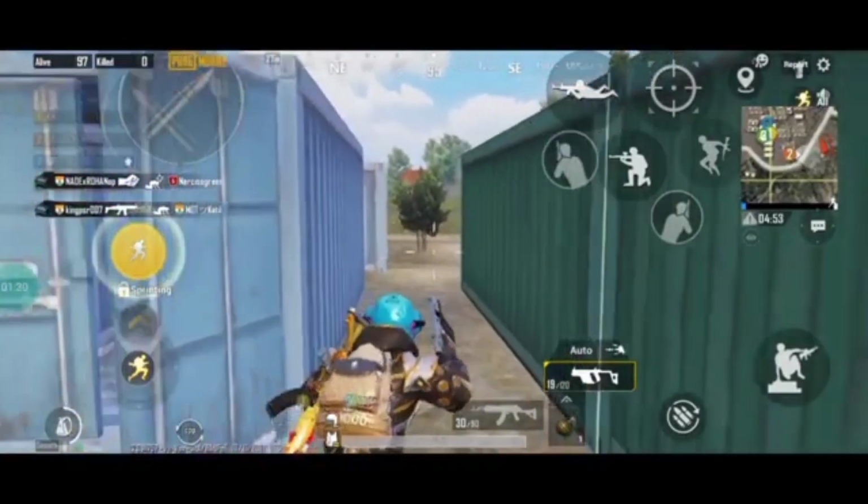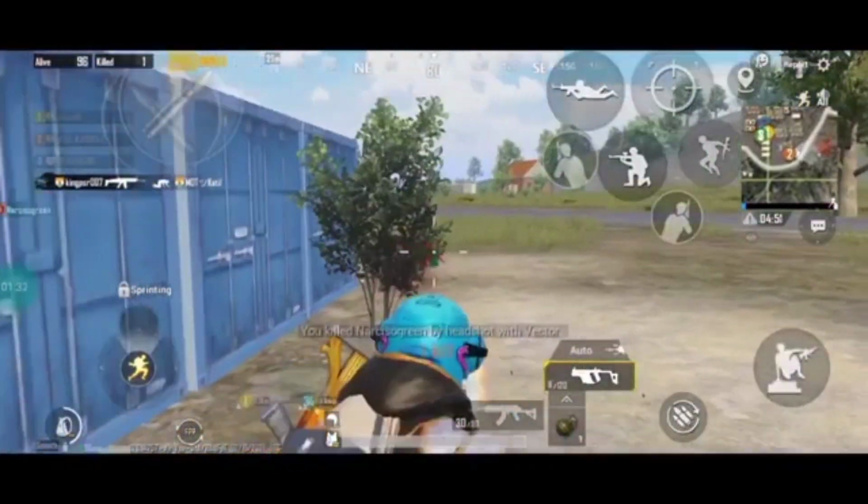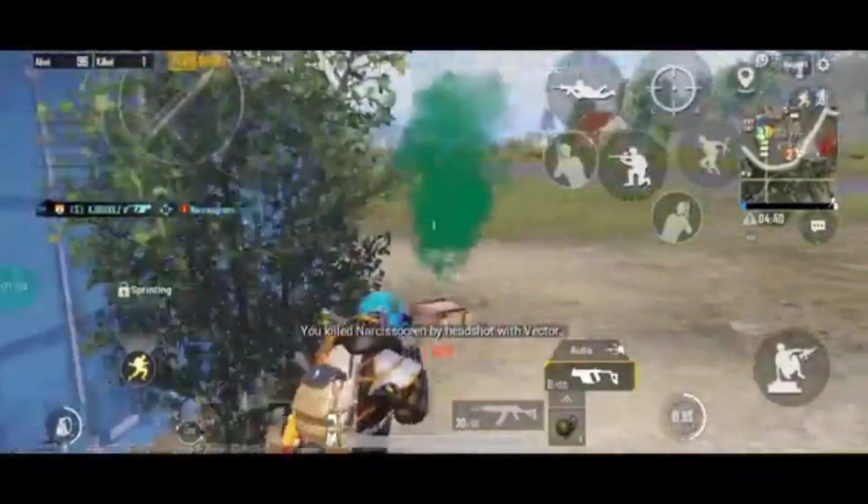Wait a second, my PUBG Mobile is starting. So it finally started, and I will show you one gameplay I have recorded and kept as a clip. So I will show you how it plays. Wait, this screen is too small. I will make it better. Wait a second. I have taken a clip, so I will show you the 120 FPS clip. You can see the smoothness.